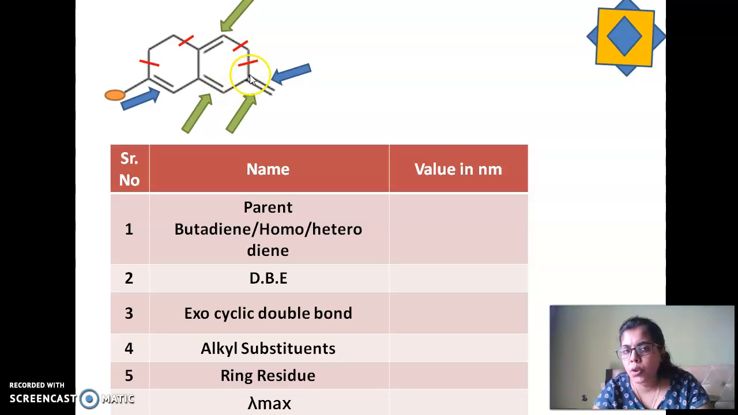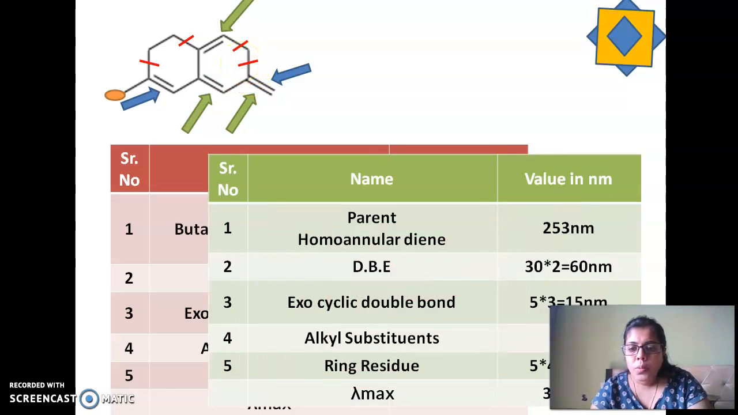So here nothing, here this is already undertaken. So next to this is this, so this is also 1 ring residue. Okay. So my total comes to 4 ring residues 20, alkyl substituent 5, 3 exos 15, 2 DBEs 60, 353